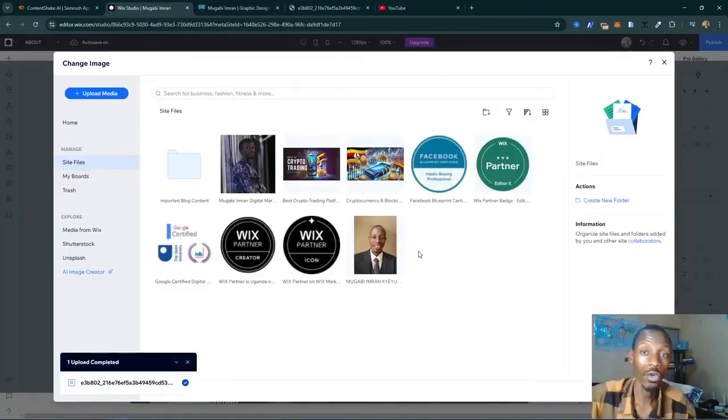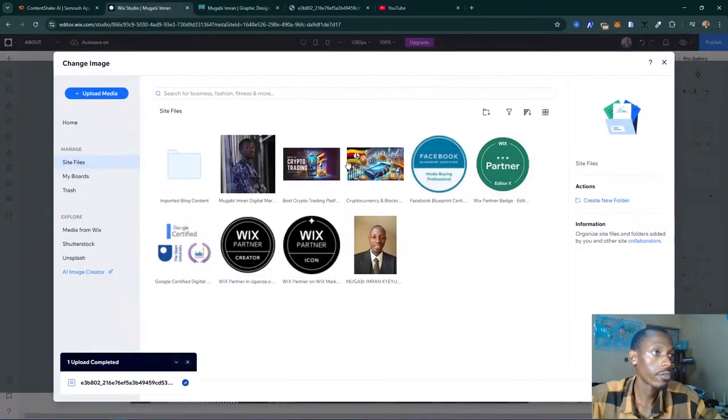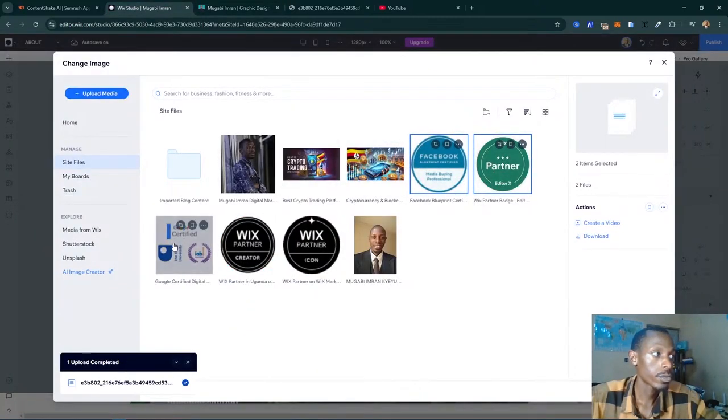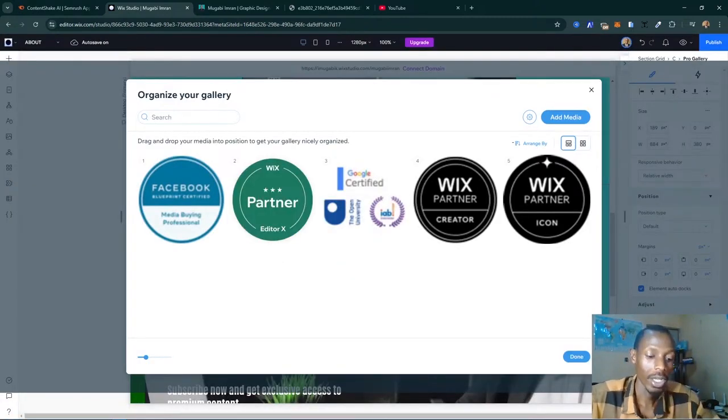You can even add photos, sorry, videos. So you're going to add photos and they are already here. 1 2 3 4 5, there are 5, right, they are already here. So I click one and I hold down the shift key to select the others, and maybe if you want to reorder them,